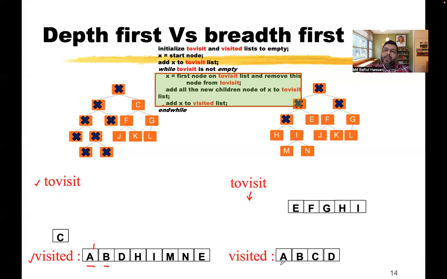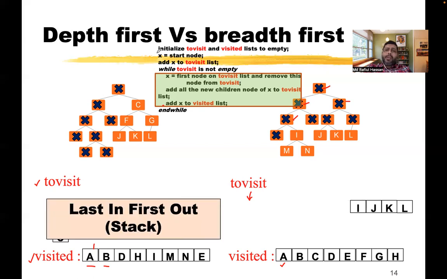visited list follows the breadth first traversal. You can see A, B, C, D. If you look at the tree and follow my pointer, A, B, C, D. So it is following the breadth first traversal. So what is the trick that we are using? We are using the same algorithm, but it can give us solutions for the two problems, depth first or breadth first. The trick that I'm doing here is that